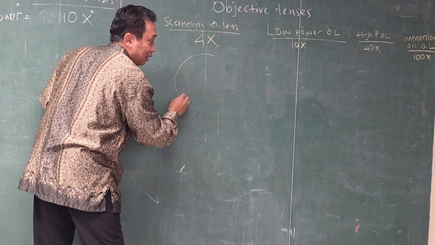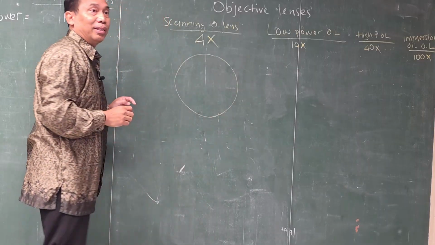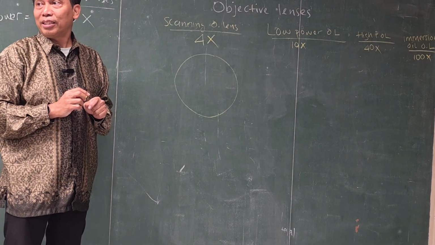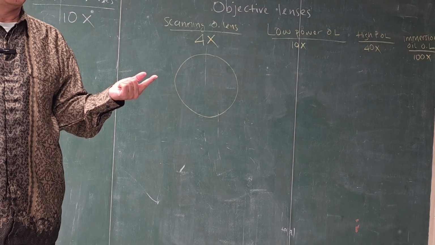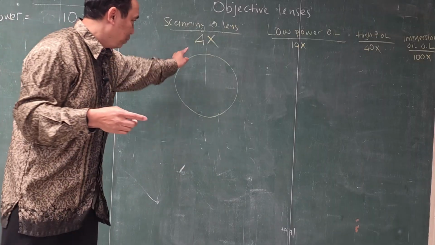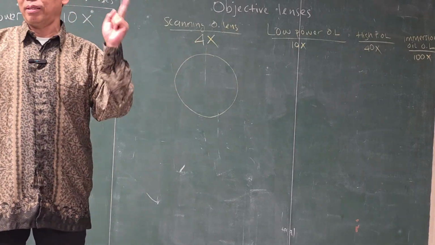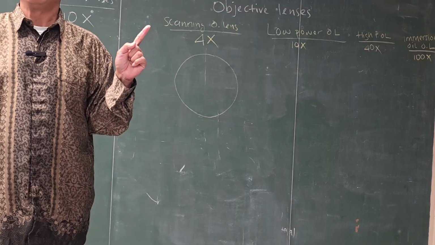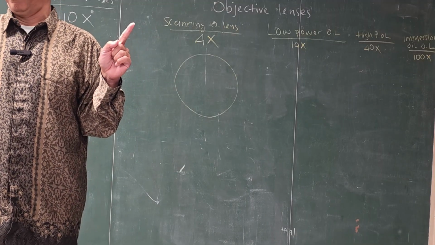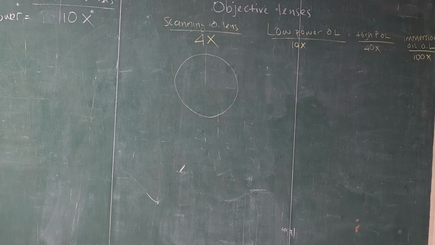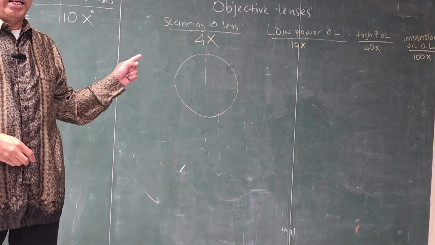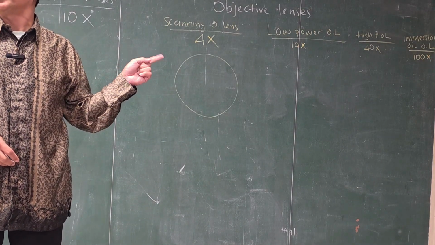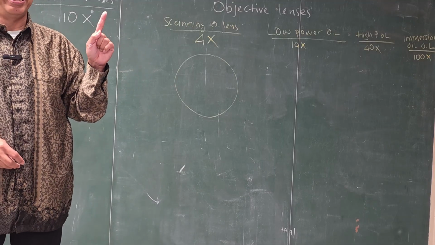A circle, right? You see that one? A circle, a bright circle over there. So if you see that full circle, then you are in the right place. If you only see half, it means that it's not clicked. Maybe like this, then it's going to be only half of it. So make sure it clicks. Is there any object yet? No, it's still just the light. I didn't give you the object yet to see, right?